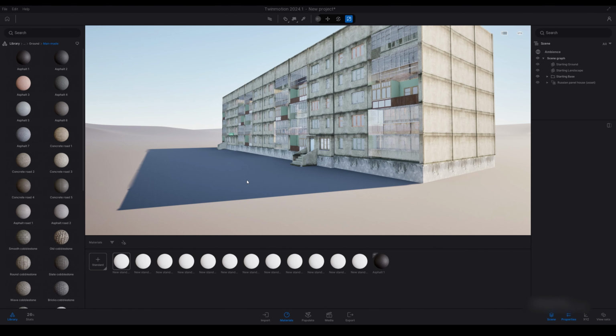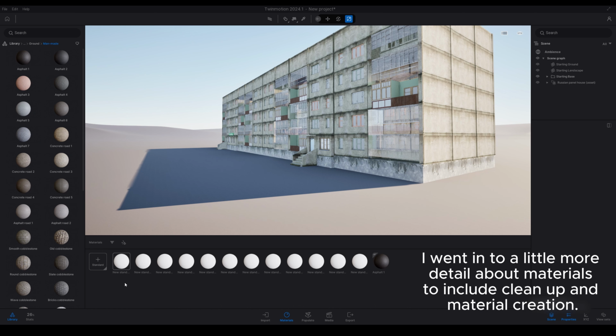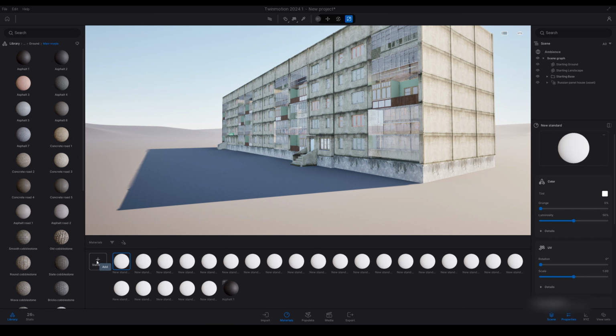Next we are moving on to simplified material creation. So I've just downloaded this building from the Sketchfab library. I'm going to go down and hit materials tab here. So I've just created all these new standard materials. I'm going to go ahead and create a lot more.